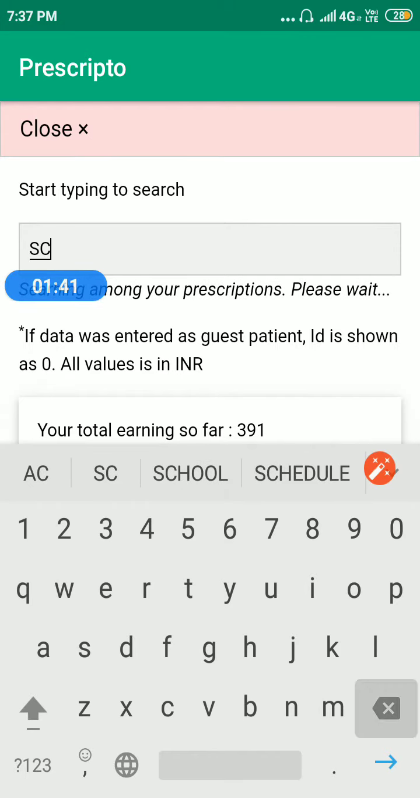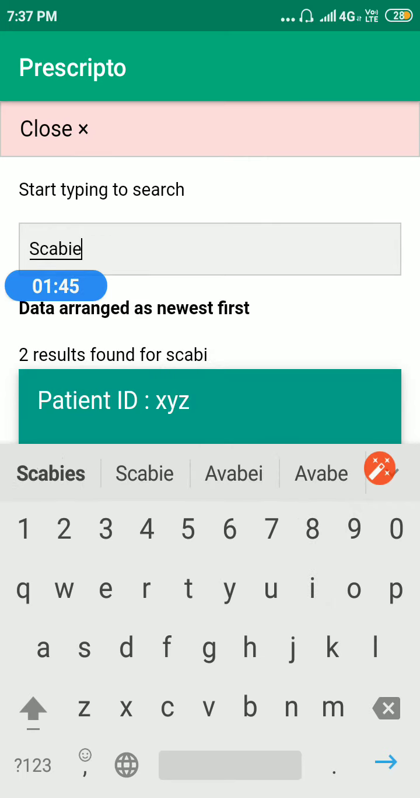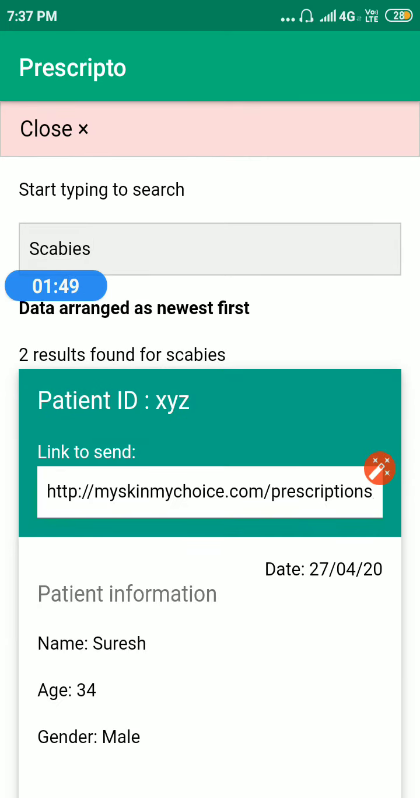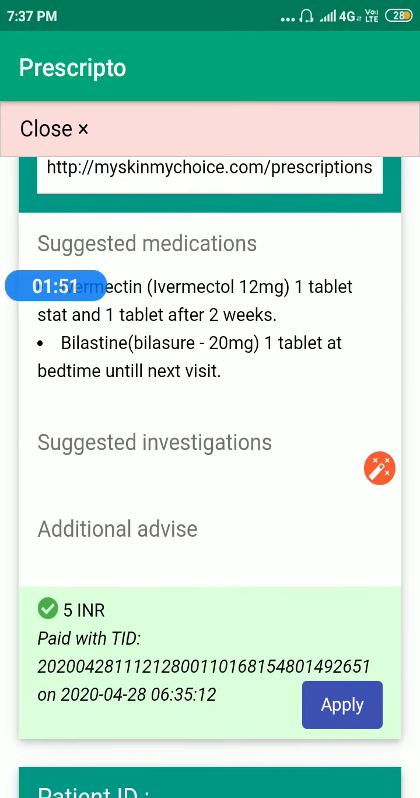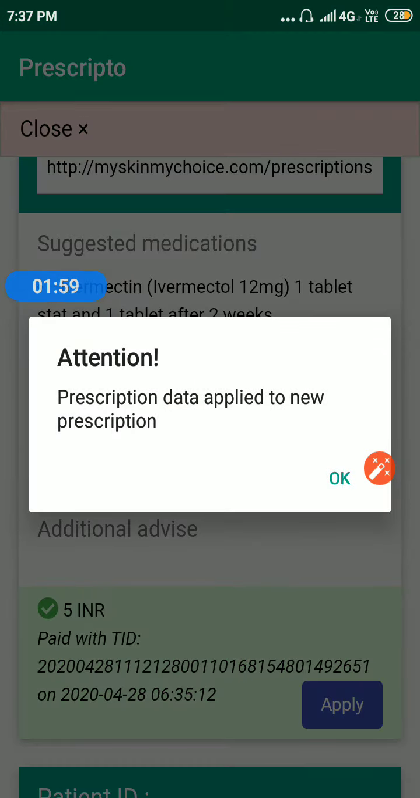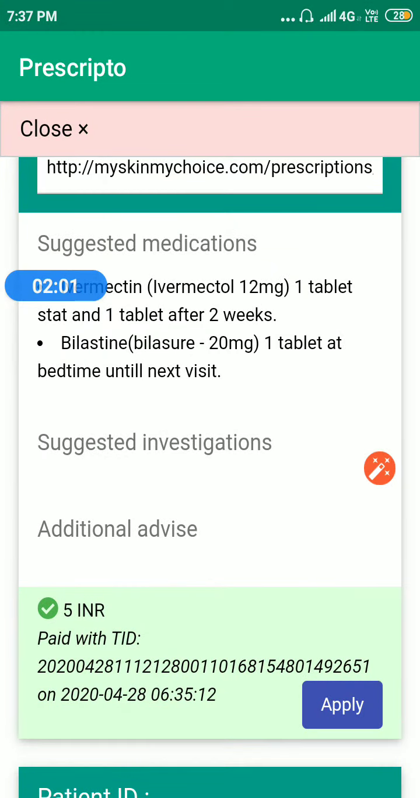Okay, so there is a past prescription for scabies. Let's say I want to use this prescription for my current patient. So you just have to click on this apply button, and this data will be applied to the current prescription